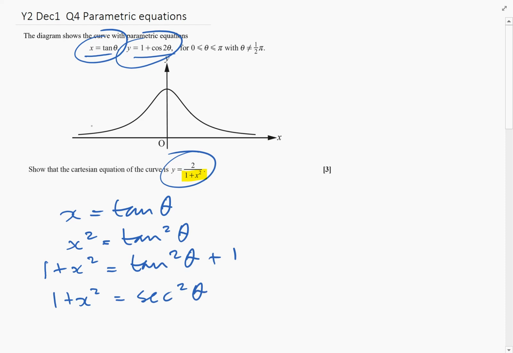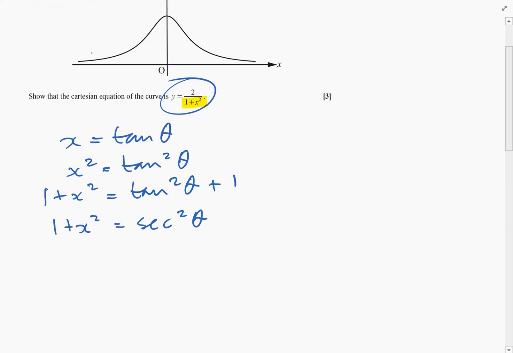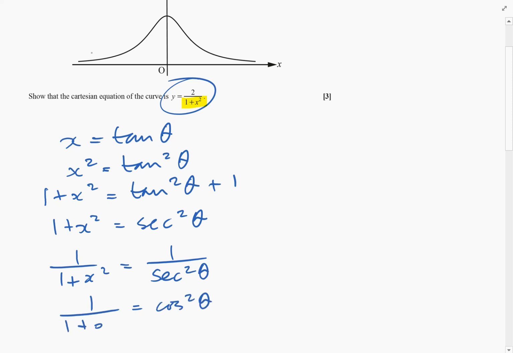And so this means that cos squared, if we just do the reciprocal of both sides here, 1 over sec squared, I'll just write down, so 1 over sec squared, that is cos squared theta. Okay, so we've now got this, which is useful because